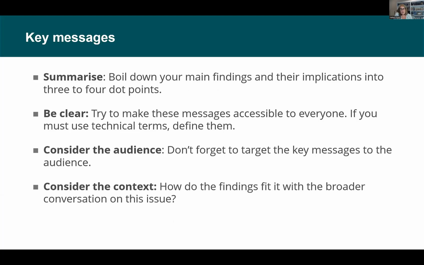Then when you're writing your key messages, these are the things that you want the audience to remember. I work with researchers every day, and when you're writing a journal article, you want to put everything in it to show that you've done the research, but we're turning that on its head. We want to boil down everything you know into just the top 3 or 4 things that you want people to remember. If they don't read any further, what is that main thing? It's normally what can be found in the discussion part of a journal article. As a journalist, that's where I go first. I don't read all the rest. Well, I do read it, but not first.